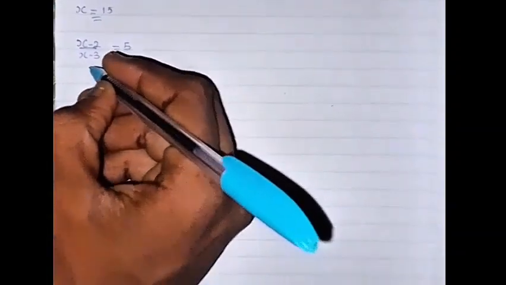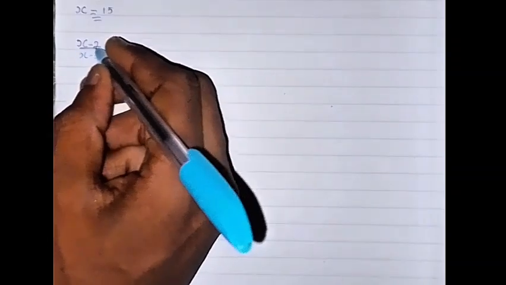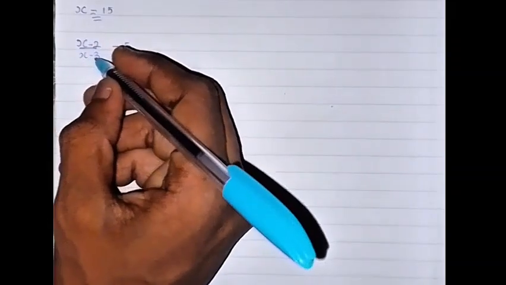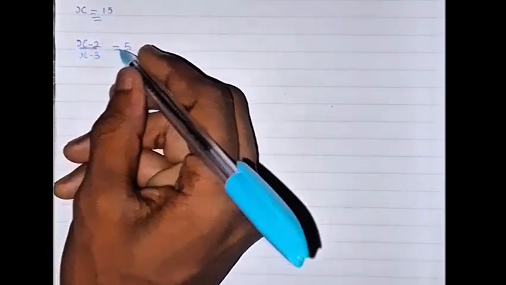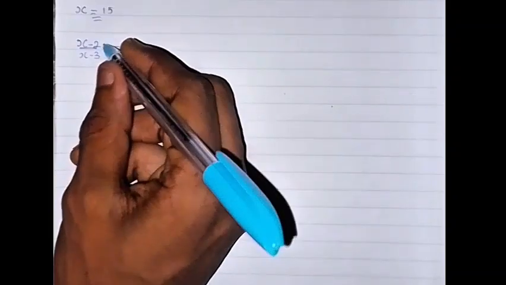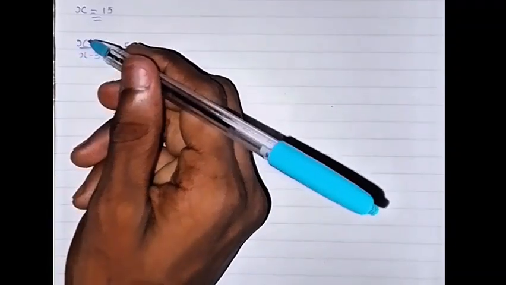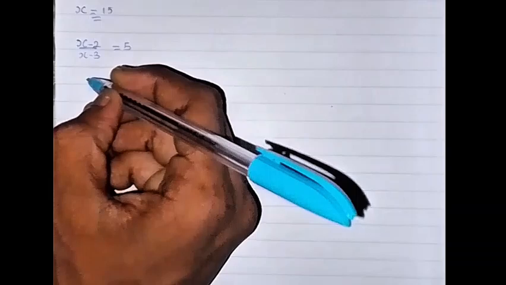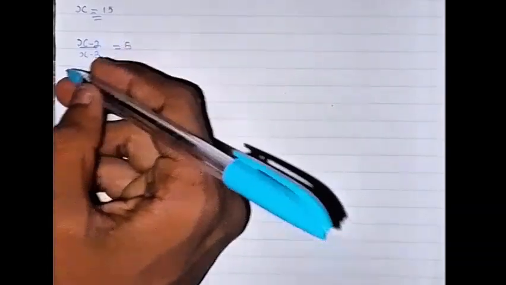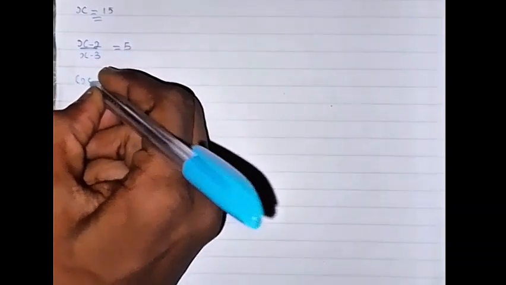What do I mean? The denominator of this fraction in this case is x minus 3. I need to make it a linear algebraic equation where we do not have fractions, so we can work better with our terms. So if I multiply both sides by x minus 3, I will have x minus 2